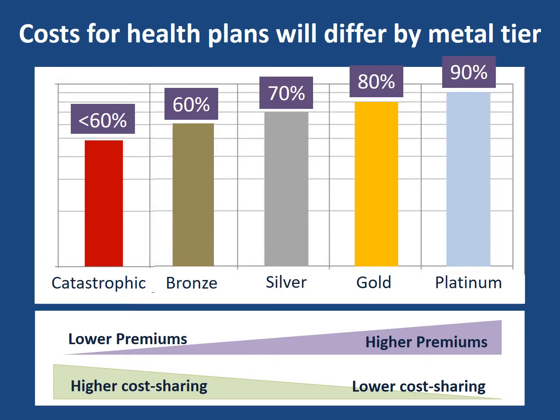So when you go on healthcare.gov, how do they decide which plans to go with? They basically break them up into 5 categories: catastrophic, bronze, silver, gold, and then platinum. And these are all based on actuarial value, which basically means what's the percentage that your health insurance company will cover versus what you will cover as an insured person. If you choose a platinum plan, odds are you're going to pay more month to month, or in premiums, but you'll have a lot lower deductible, lower co-pays, those sorts of things. If you choose a catastrophic plan, you're going to pay less per month, but you'll have higher deductibles, higher co-pays,